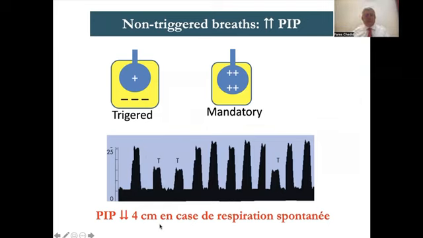Something I didn't say in the introduction of the volume guarantee: I said that the volume of each breath will order the pressure of the next breath. But that's in fact wrong, because the system knows when the patient helps the ventilator by breathing in with it. When the breath is triggered, it will produce more volume and require less pressure. So look at a triggered breath here.